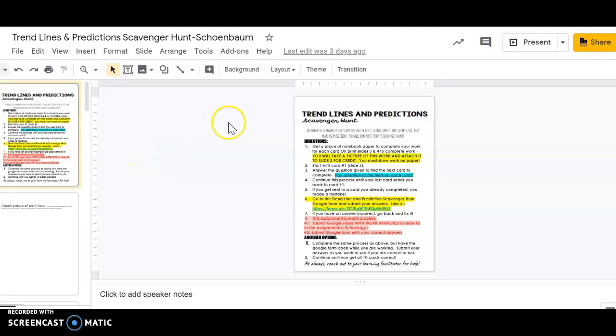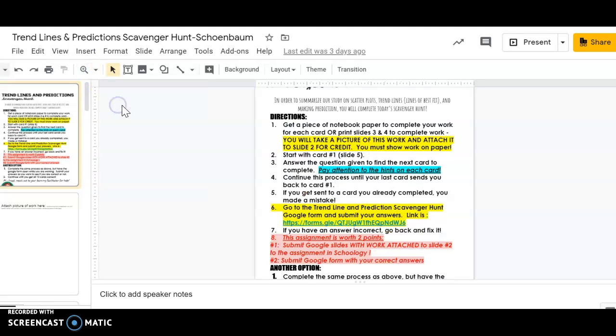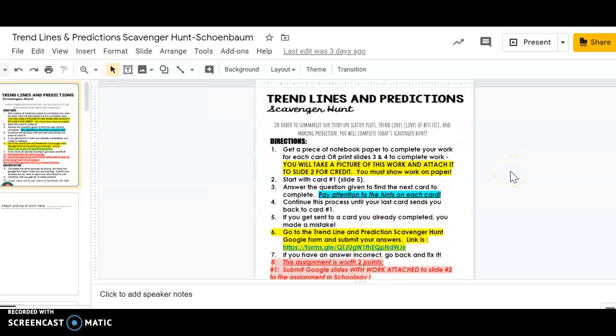If you want to make it a little bit bigger, you may do that by going over to the magnifying glass. And let's go through this together. So the first thing you're going to be doing here on Monday and Tuesday is a scavenger hunt. It says it should take maybe up to like 45 minutes, so I'm giving you 2 days, both Monday and Tuesday, to complete this. So I'm going to go through the directions a little bit and explain how you're going